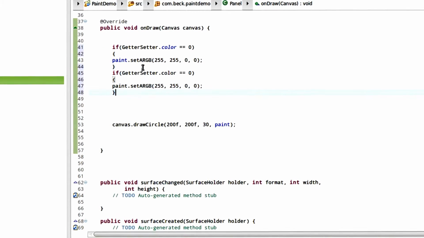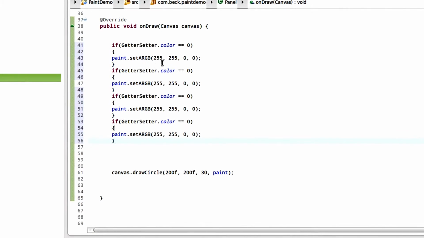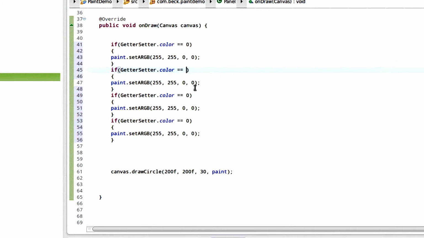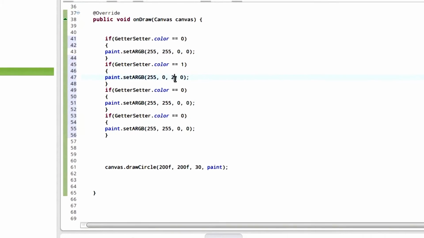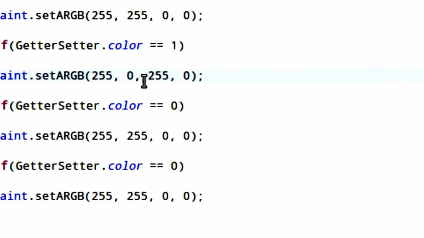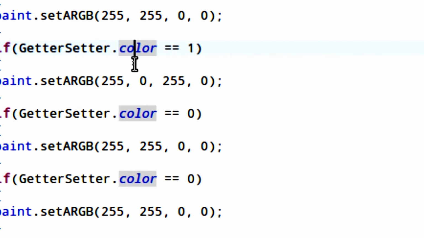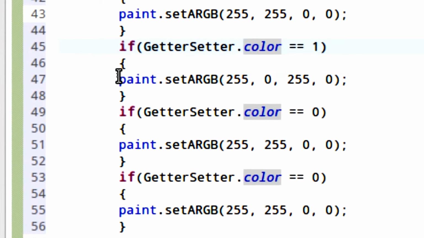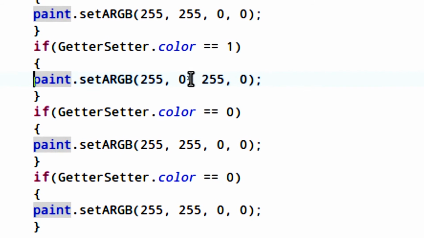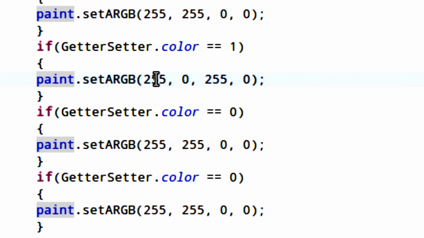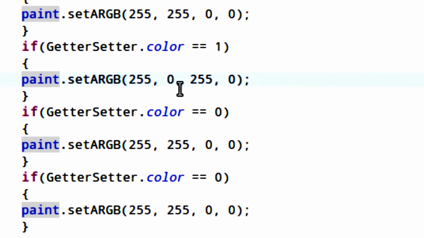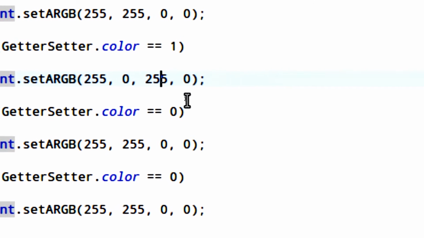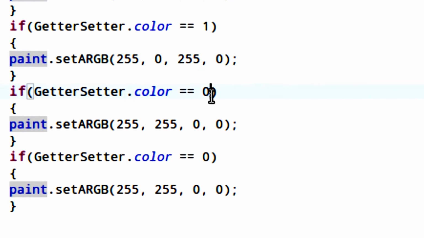0, 1, 2, 3. And okay, so if getter setter color equals 1, we'll erase the 255 in the red value, and I'll put 255 in green. So if the value of that color integer in getter setter is 1, the paint object will be, okay, the alpha is 255. It's not transparent. Red is 0. Green is 255. Blue is 0. All right. If it's 2,